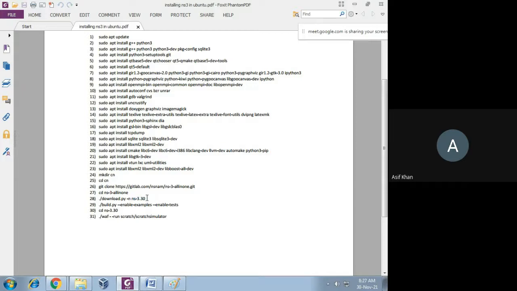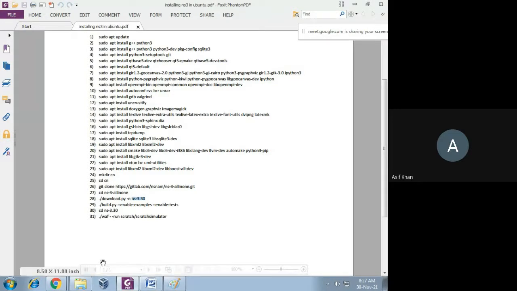This is the syntax: ./download.py -n ns-3.30. It's a Python file, and it is present inside the ns3 all in one directory.